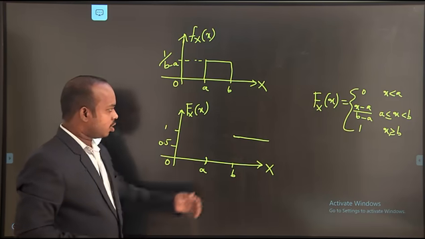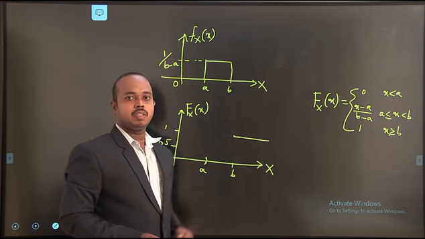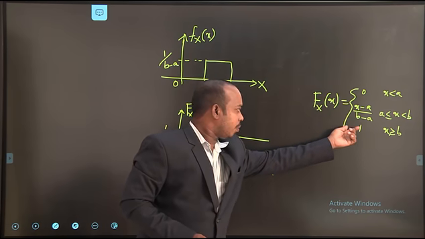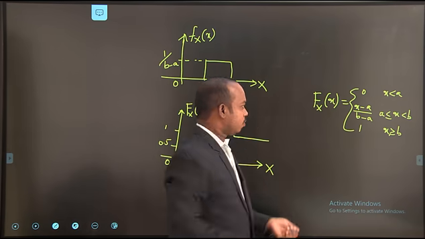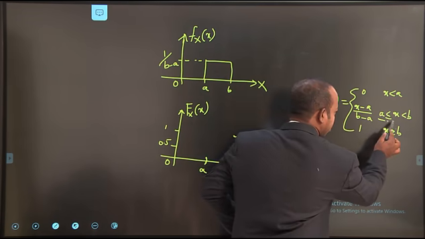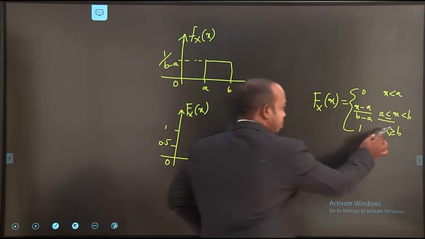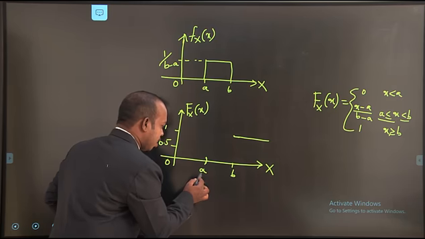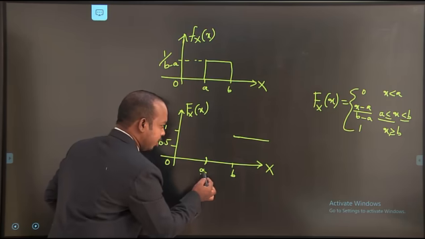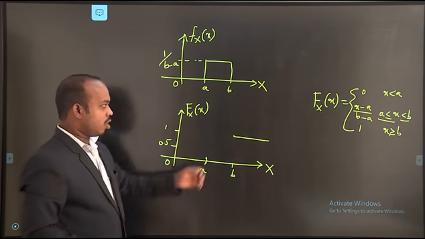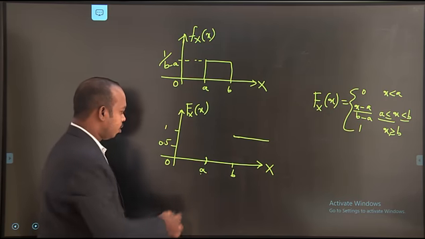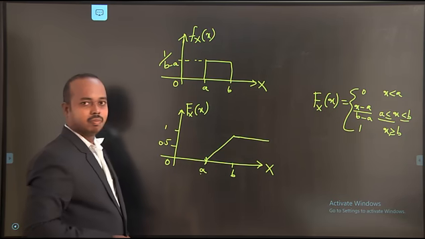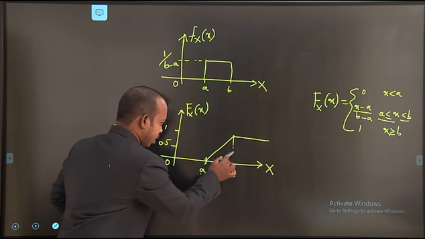Before that, what is the other value for this distribution function? The distribution function magnitude is x minus a divided by b minus a within the limits where a is less than or equal to x, and x is less than b. If the range is a less than or equal to x and x less than b, within the range we have the slope between a and b. That's why I am indicating from this point to this point. Here you can join in one line at b.